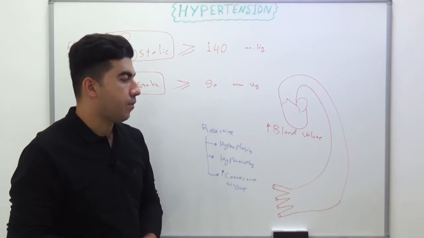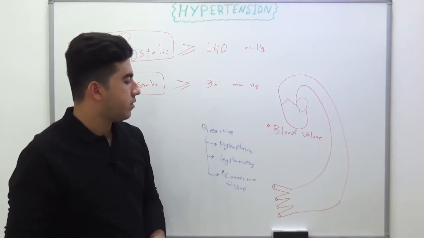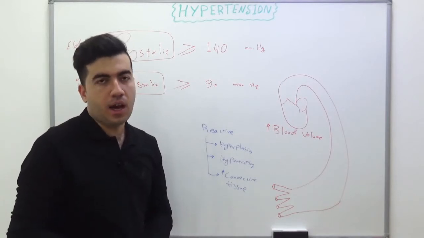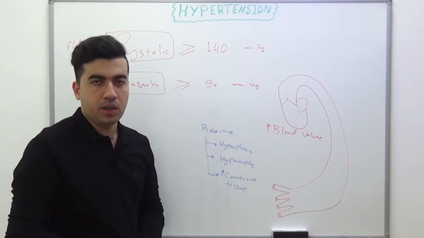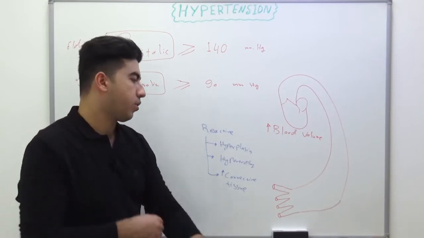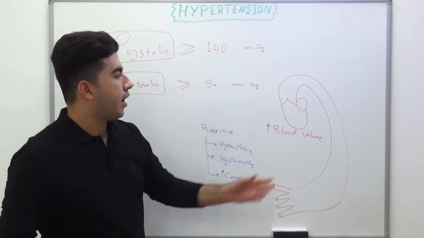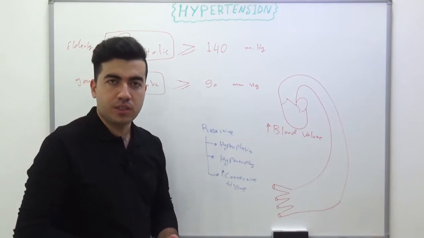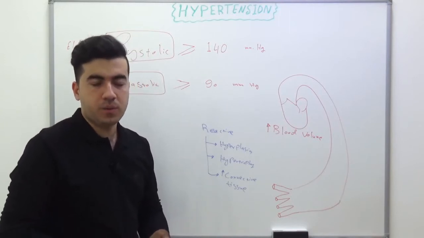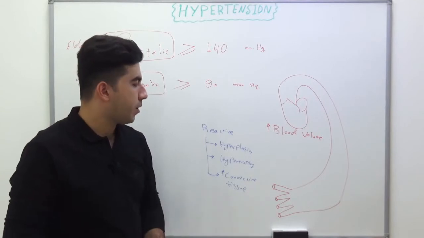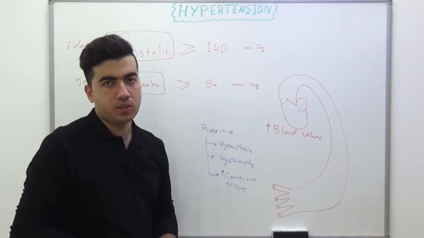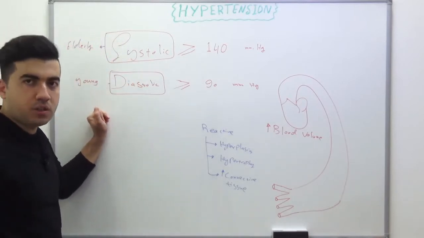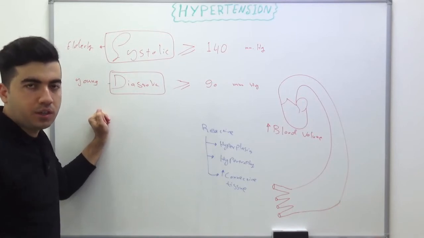And the reverse is also true. When someone has, for any reason, chronically resistant arterioles, tonically constricted, then the heart has to pump against more resistance on the arterial side, so the cardiac output is increased, and with time this patient, starting with diastolic hypertension, again develops what? Systolic hypertension. So what I want to say is that the systolic blood pressure and the diastolic blood pressure are very closely linked to each other.